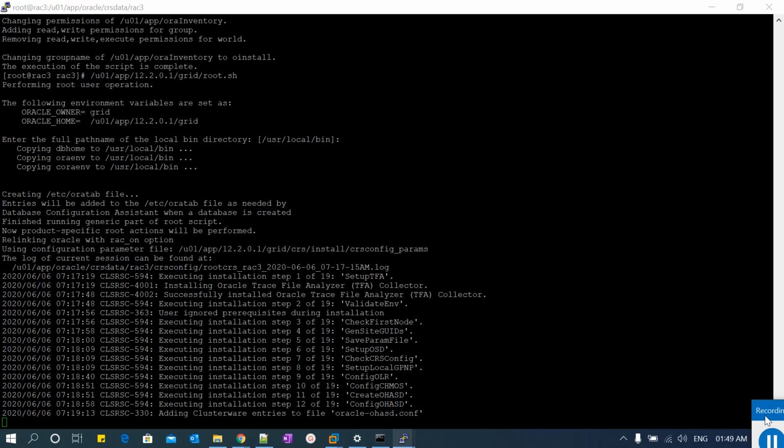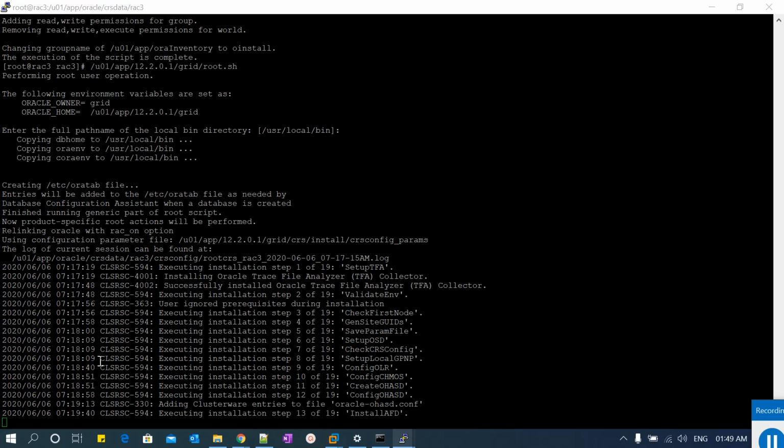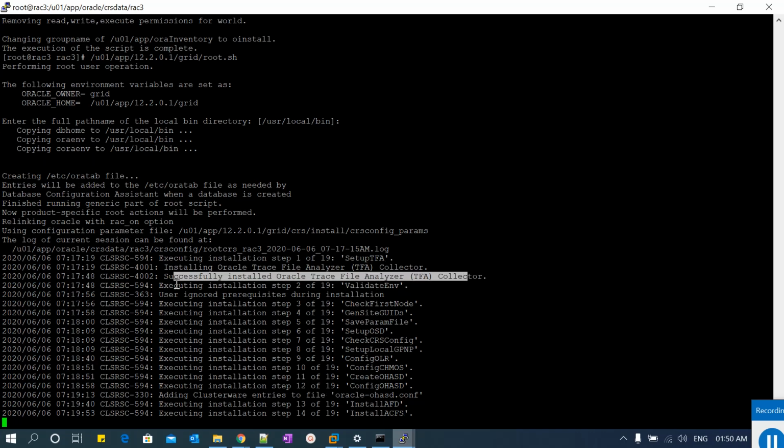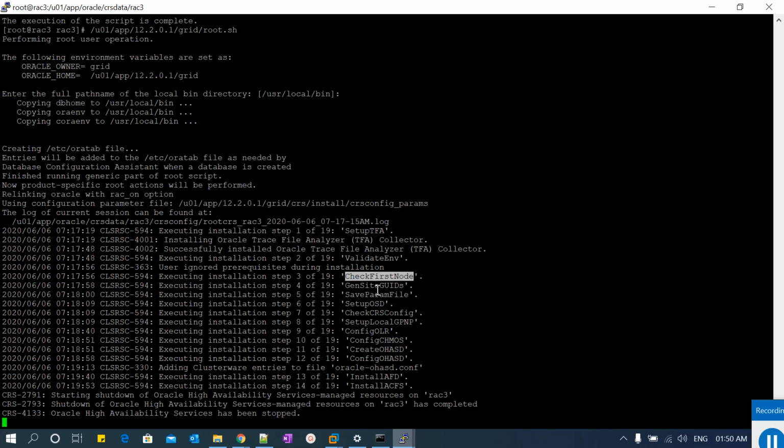It will do a series of steps. You can see here, right? The first step is, I'll just highlight it, executing installation setup. Altogether there are 19 steps, and then setup of TFA is successful. You can see it successfully installed the TFA collector, and then it will proceed with the further steps, executing installation of the node environment. These are the steps: